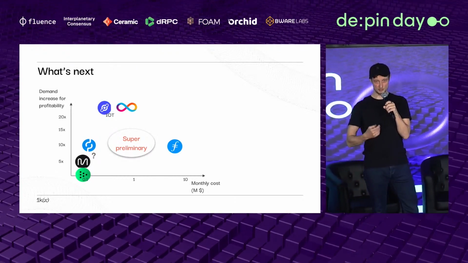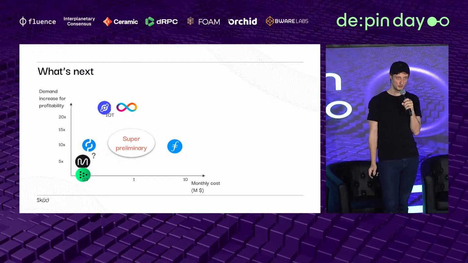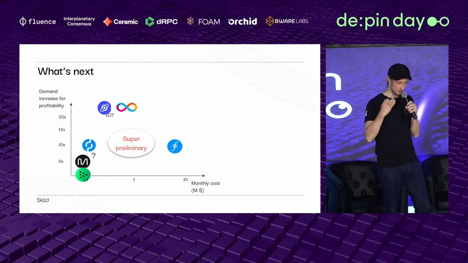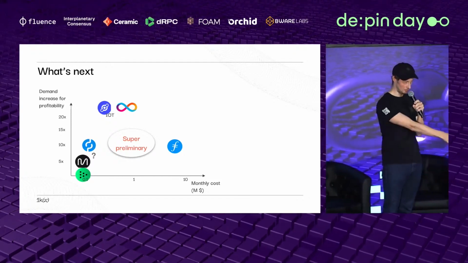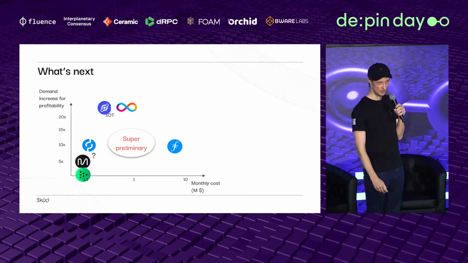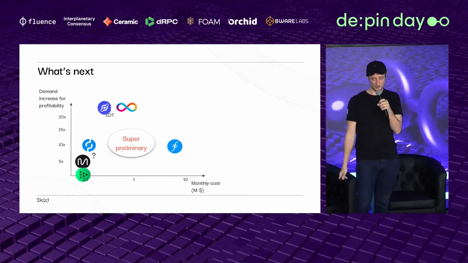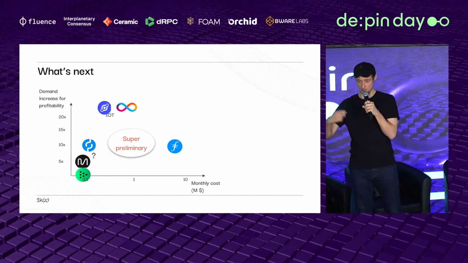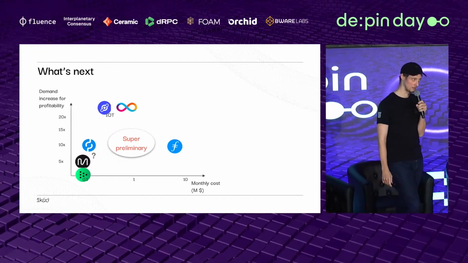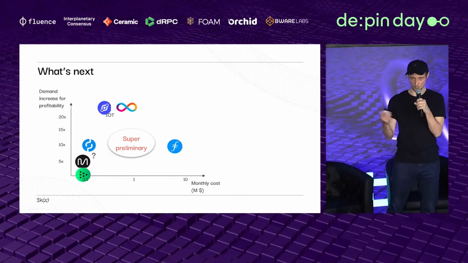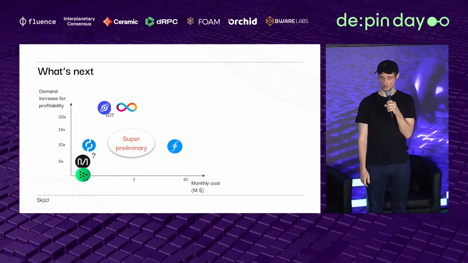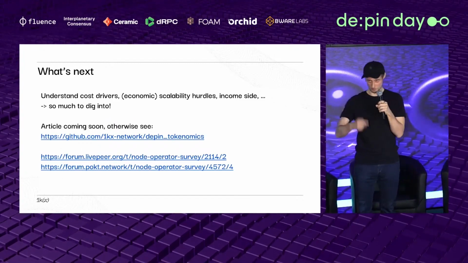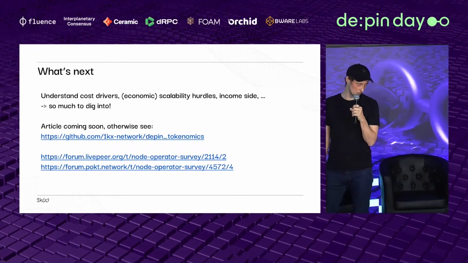And why is this relevant? Because this helps you inform decisions on whether we should focus on getting more efficient on the supply side, to get the cost down. A lot of these networks did not have a choice the past years, because the bear market forced you to go the cost route. Or should we focus on the demand side, fostering demand, putting more incentives on the demand side? Which is also interesting to see. For example, Akash is currently very much focused on that. But for me as a researcher, having such a framework is so much more useful.